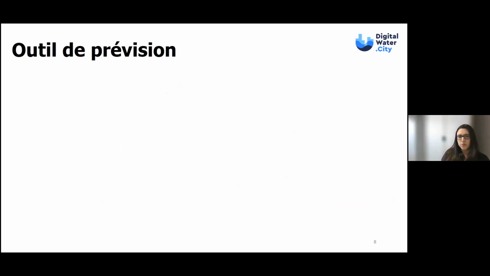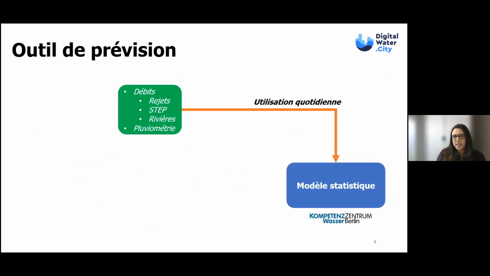Now, I'll get into details about the operation of the three deliverables, the forecasting tool and the true application. I'll try not to be over technical, to remain general. This tool, as I said, has been developed by the Berlin Water Competence Center, and it's already used, and we want to recalibrate it so that it will be adapted to the French region. This tool is a machine learning based system.